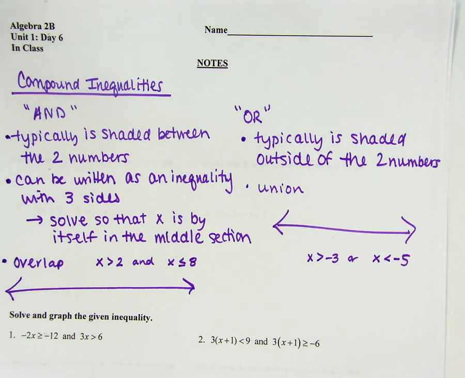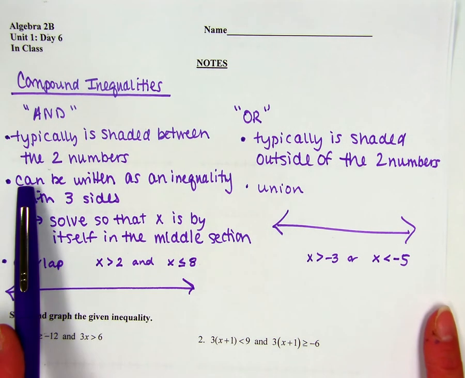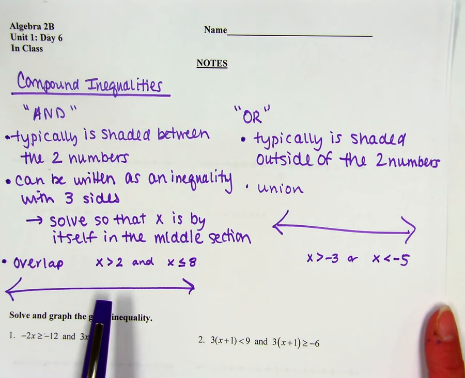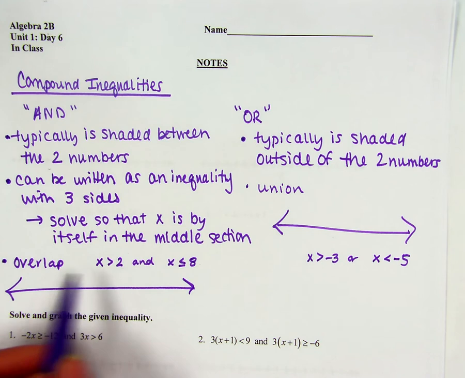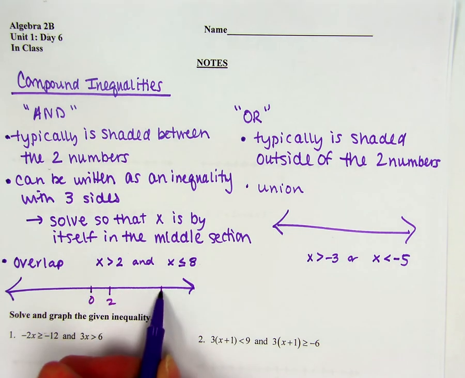All right, so today we're going to be solving and graphing compound inequalities. They're either going to be connected by the word and or the word or. And graphs are typically shaded in between the two numbers. So for example, if we have x is greater than 2 and x is less than or equal to -8,